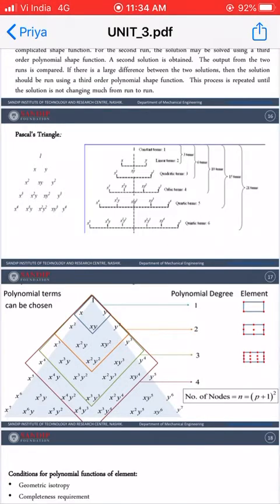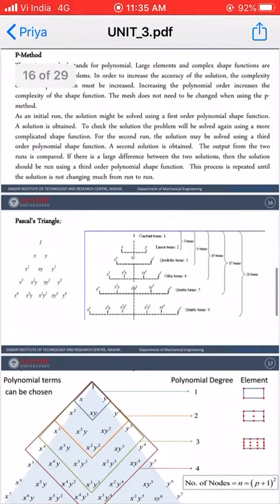We have started a third unit. This is nothing but your two-dimensional elements. In previous lectures, we have covered the syllabus for this structure. Then next we have covered the basic difference between one-dimensional, two-dimensional, and three-dimensional elements. Then in this lecture we have covered the two-dimensional geometries or two-dimensional problem has two conditions.